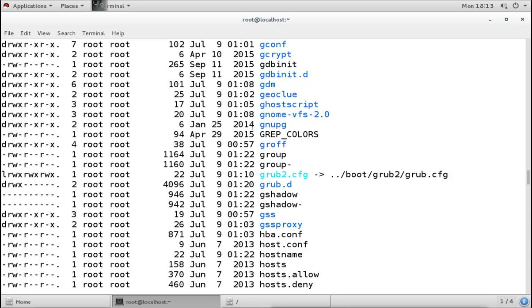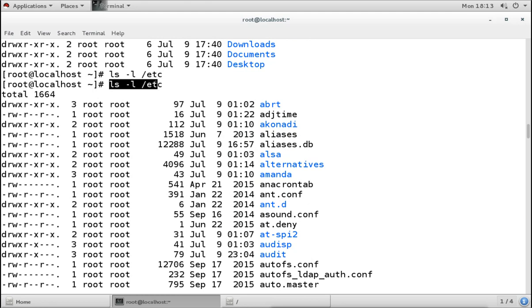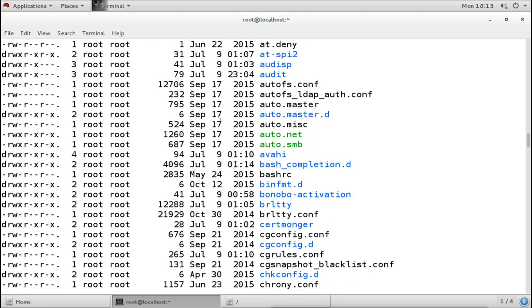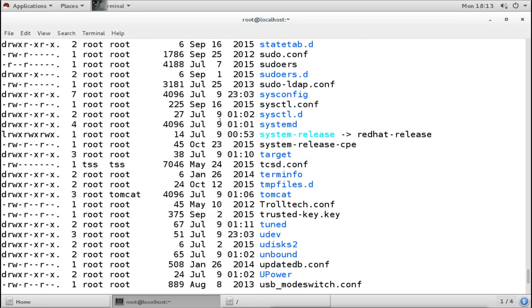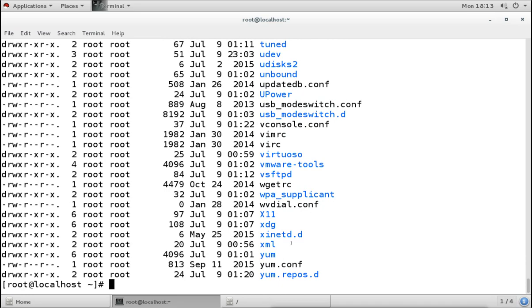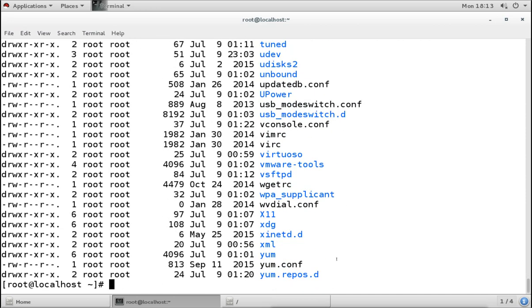Now I am scrolling up, and here I run the command. What I am seeing is that there are lots of files and directories. Suppose I want to see only the latest files created under this directory, the latest time. I can't see this because I have to go through all the times here. We can see this is on 9 July, this is on May 25, then 9 July at these times and those times. So there is a lot of difference. If I want to see the files which were created just now, I will add the t option here.